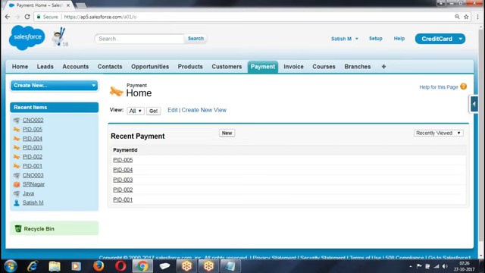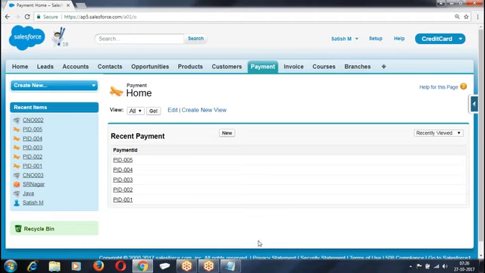Irrespective of the page on which you are working, there is some data which remains constant. That data we are going to call global data. The data which remains constant throughout the application, irrespective of the page on which you are working, we call global data.